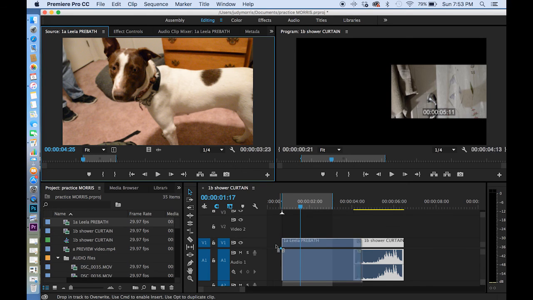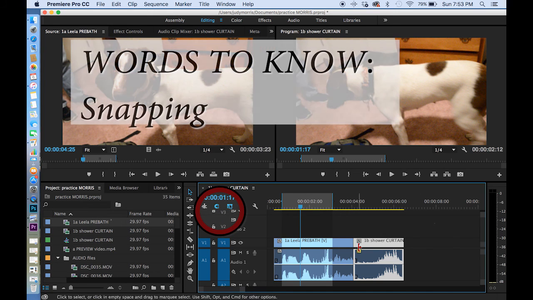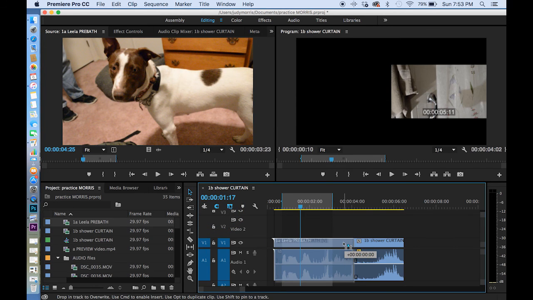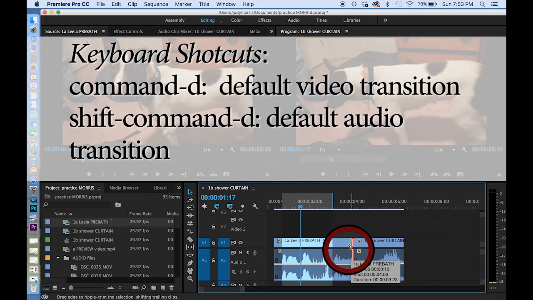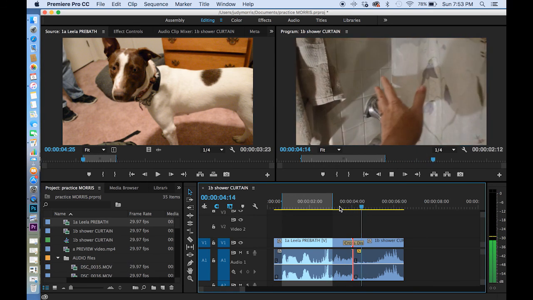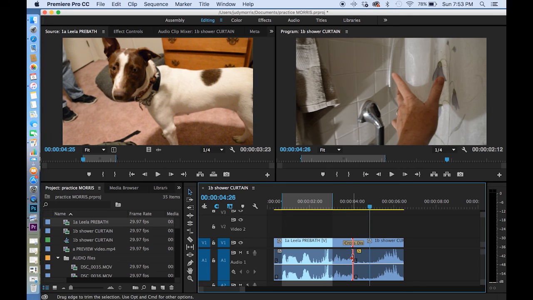And to make sure those are butting together, a good thing to have on is snapping to make sure they touch side by side. You don't want any flash frames in between those two clips. So they snap together. If you have this highlighted, you do Command D. It's going to do, look at that, a nice little cross dissolve. Watch what happens. Really nice. You can also do an audio